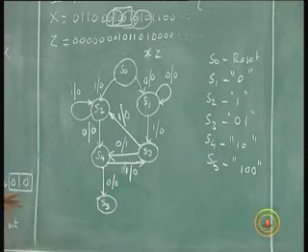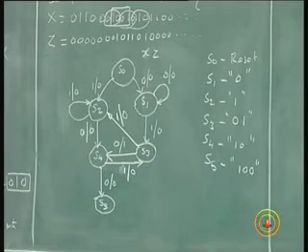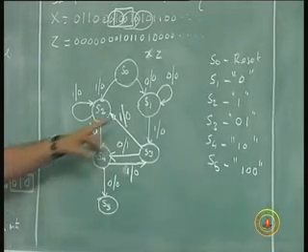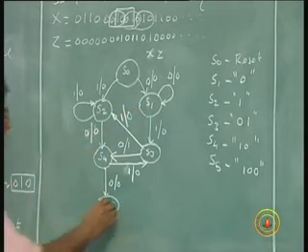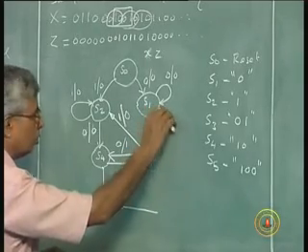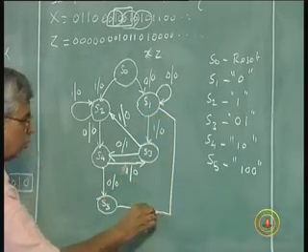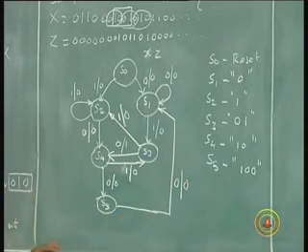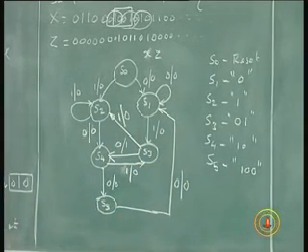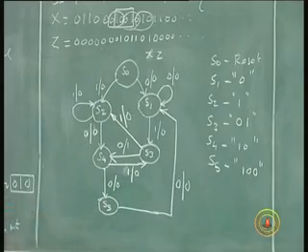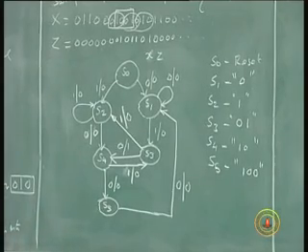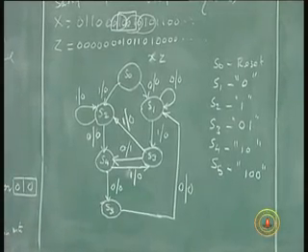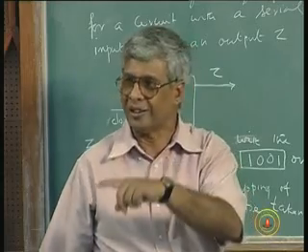Now S5, if 0 occurs, then it's 1, 0, 0, 0. So 1, 0, 0, 0 has no value except that the last 0 is any value, which is S1. So if the 0 occurs, on the other hand, if 1 0 0 1, if the 1 occurs here, the pattern is completed, and the last 0 1 of that 1 0 0 1 could be part of the pattern 0 1 0. So